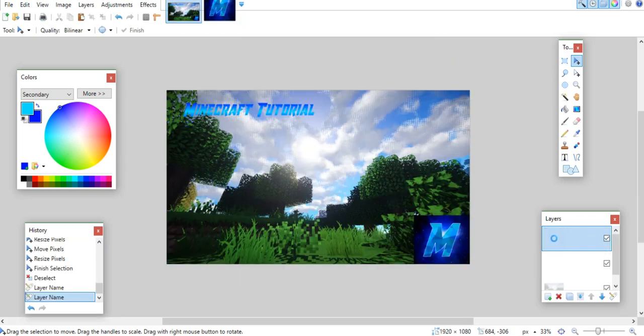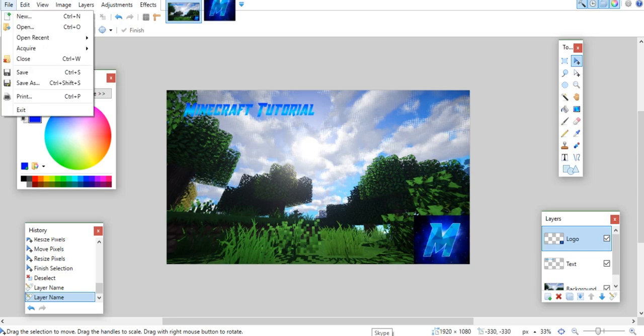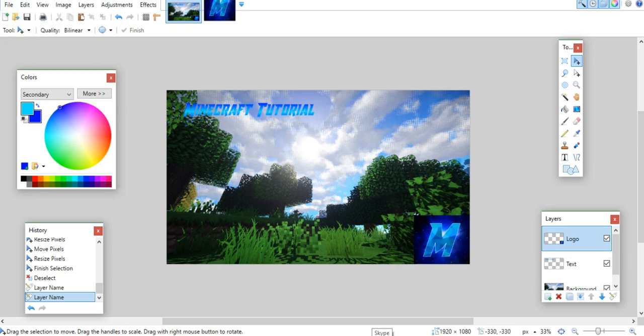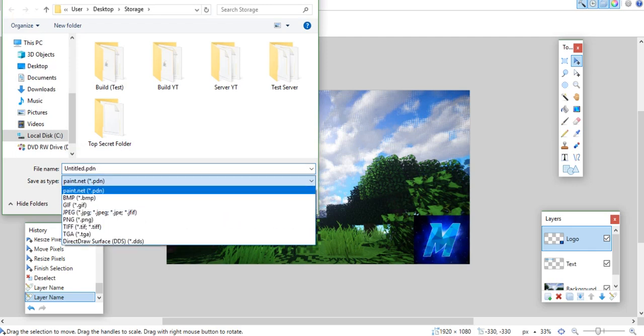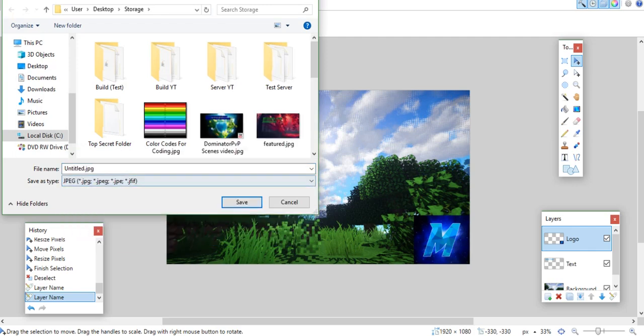So yeah. So now you can go back in here, and if you want, you can close out of this. But I mean, I'll just leave it open. There's an X button up there. But yeah. So this is what it looks like. You want to go to File, Save As, and you want to save it as a JPEG, and you just want to name it whatever you want. I'm gonna name it YouTube tutorial,